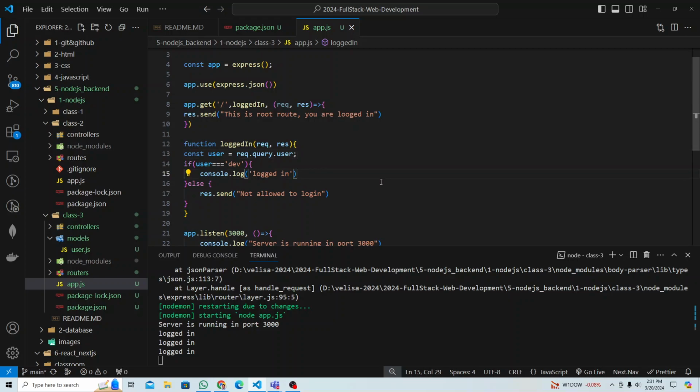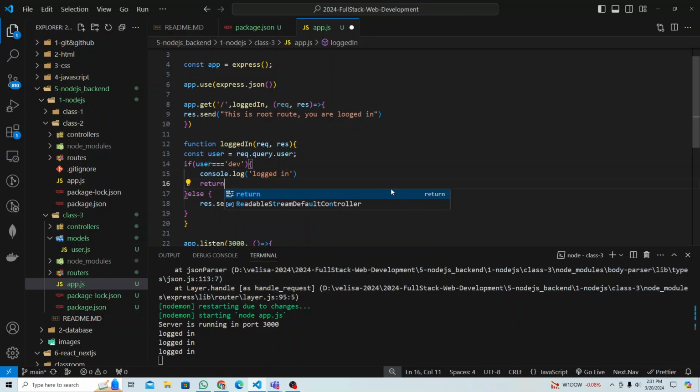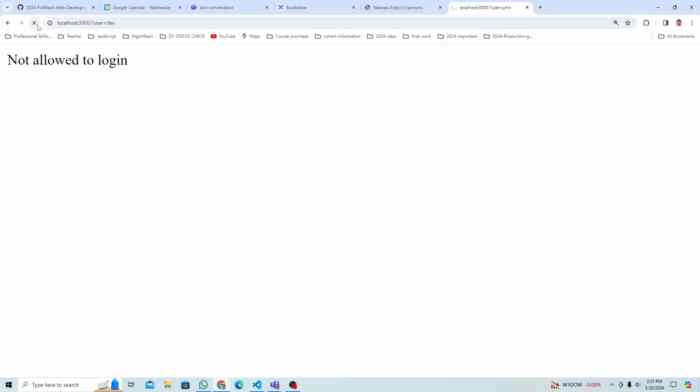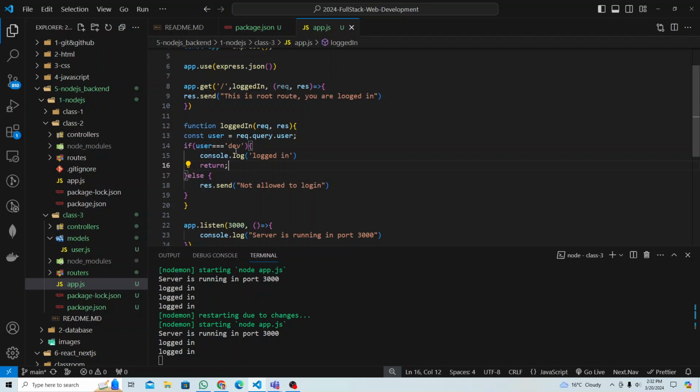But what we can do is, here is login, that is fine. So maybe just return it. If that is true, just return. Now refresh, just enter again. Yeah, it did not change. Why did it not change? Let's look here. If user equal to dev, console logged in, I'm getting logged in, but I want to,